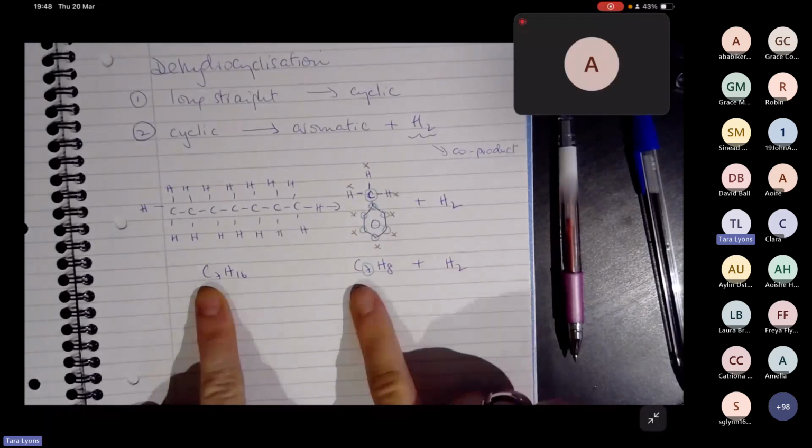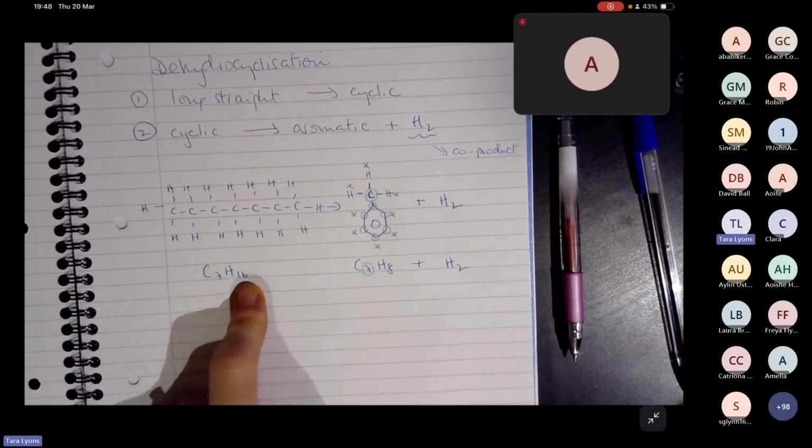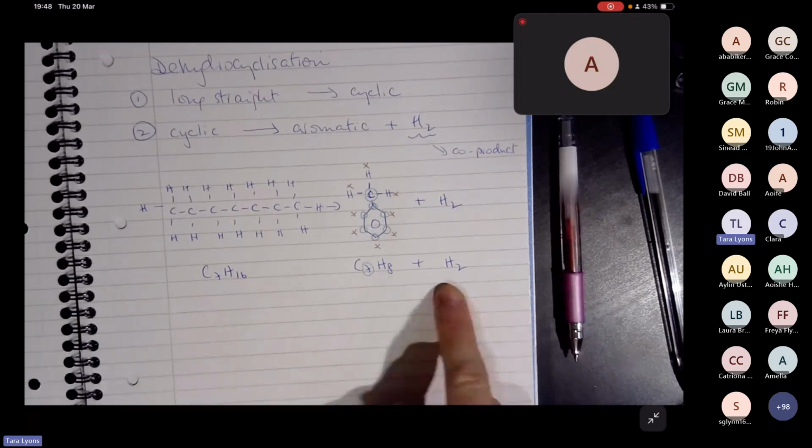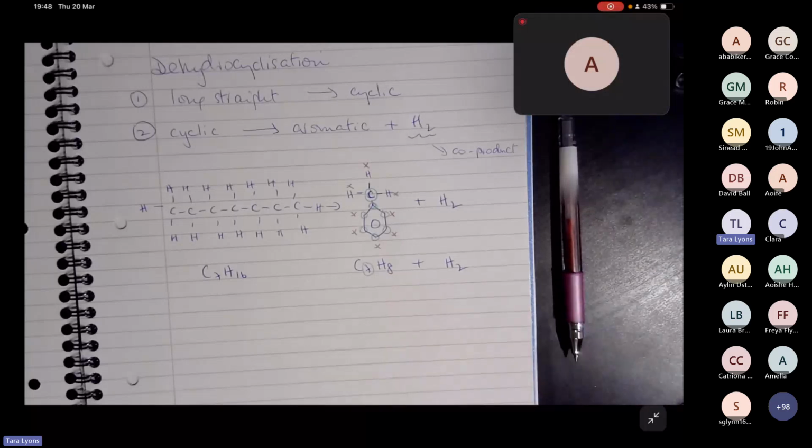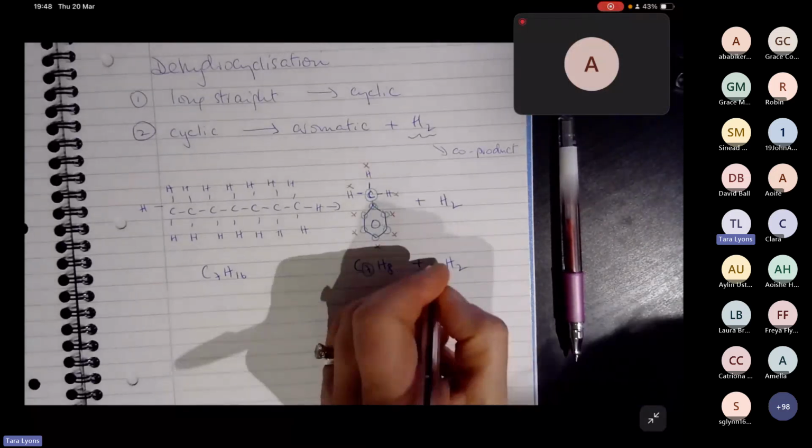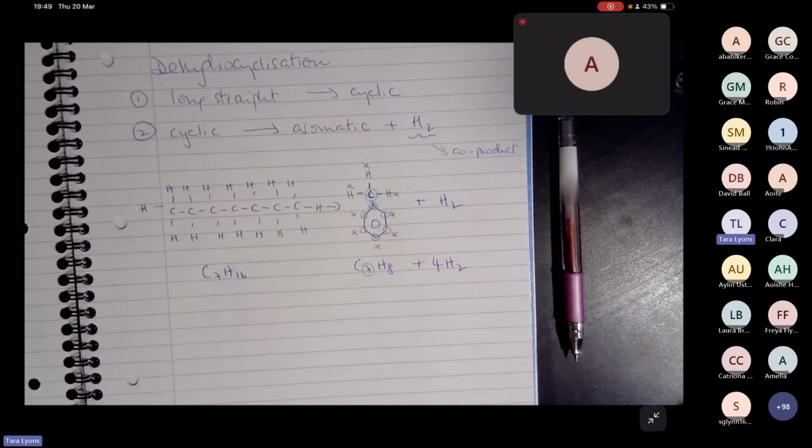Well, my carbons are balanced. I've got 16 H's over here on the left. I want to have 16 on the right. This guy's got 8. So if I put 4 in front of that, I now have 8 and 8, which is 16. So there's your balanced equation, and there's an example of your